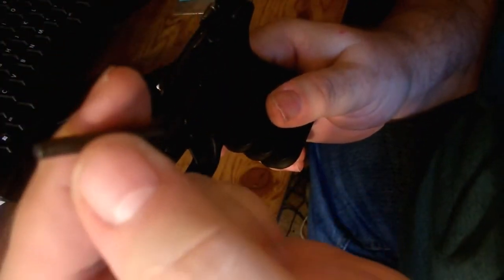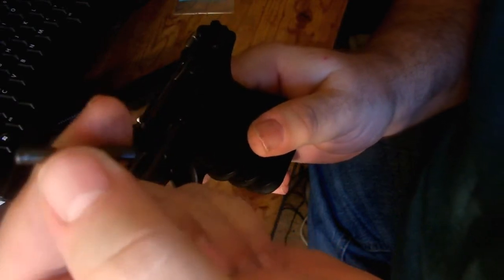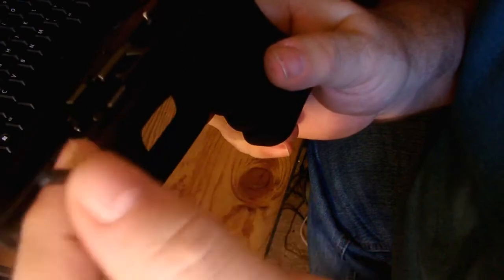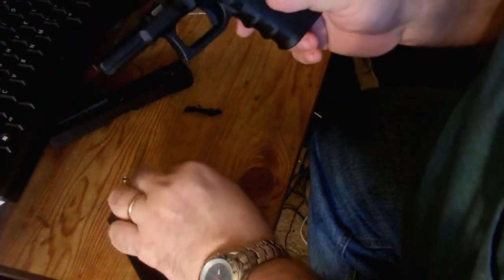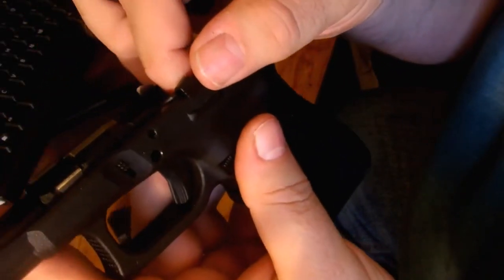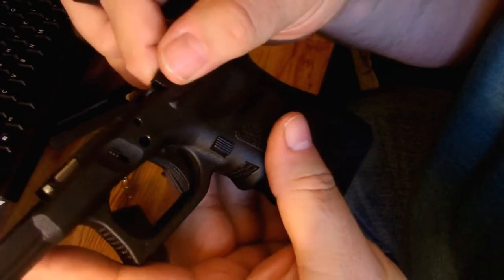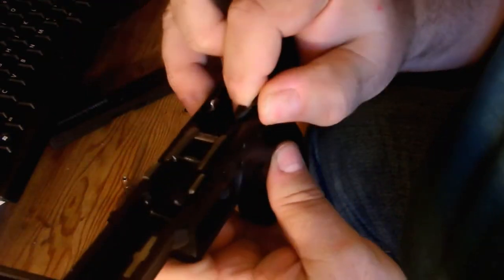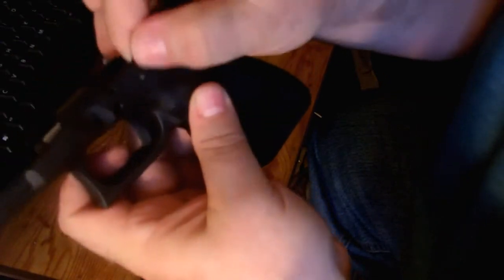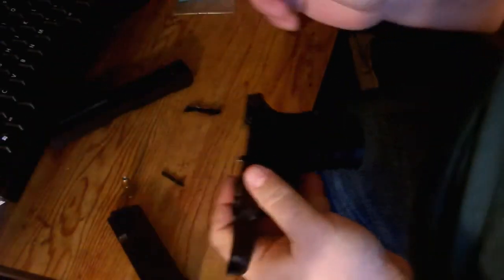This pin, oh, where the heck is it? Let's see if we can get the focus here. This pin's got little tiny bumps on it, and it's the bigger of the two. This holds in your slide lock. Now, normally it just comes right out, but sometimes that spring's still stuck underneath there, so